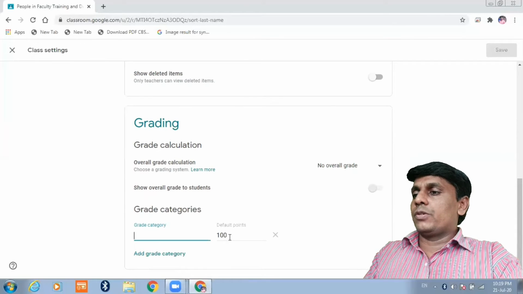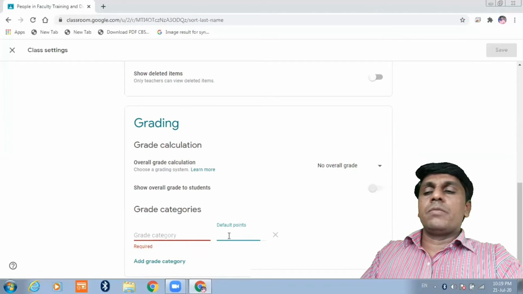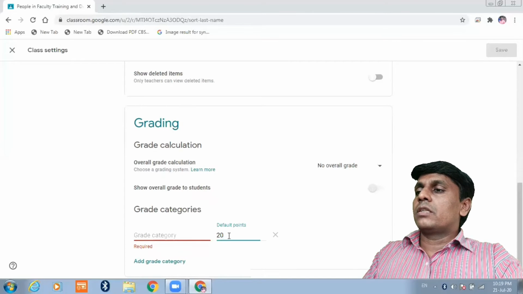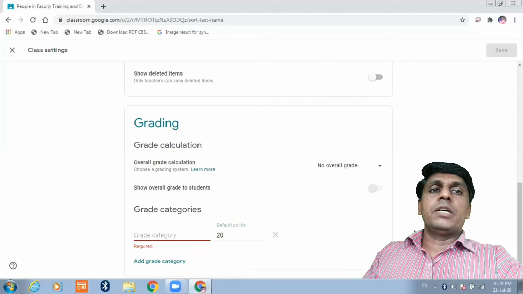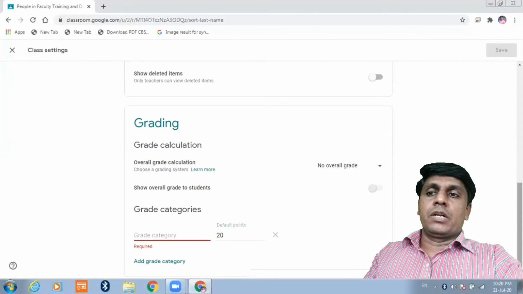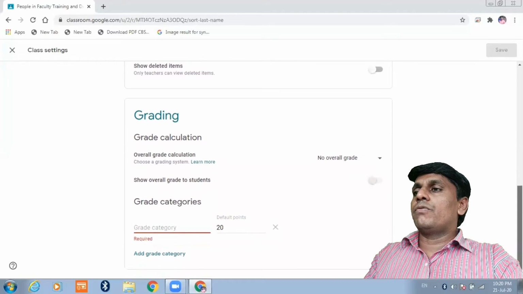For example, I will show your assignment is of 20 marks. Here you can set the grading points. Default is 100. You can type here 20 and you can set from here, and that will be the assignment for 20 marks.